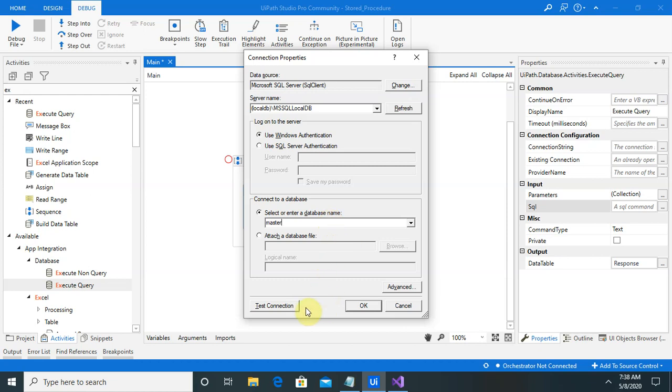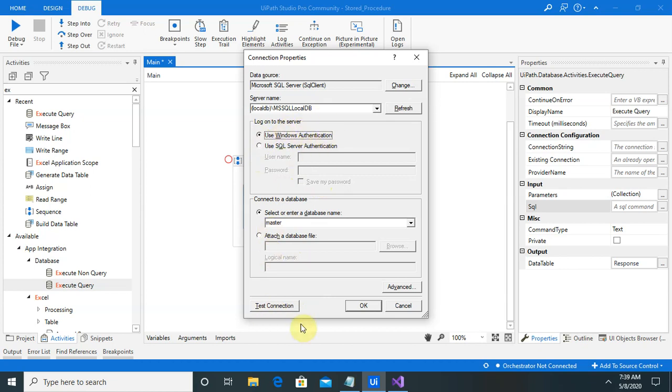Here you can see all the content is available. I am providing the credentials with Windows authentication. If your SQL Server connection uses a login credential, you have to provide your username and password according to your SQL Server authentication process.